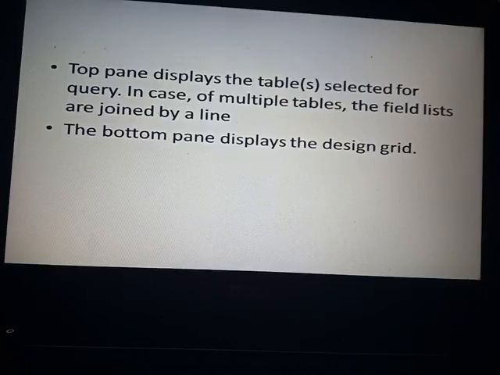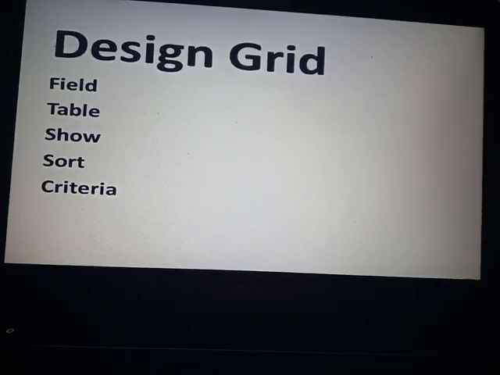So in the design grid you will see a field, meaning a column. What are the columns in your tables? It will show that. In the table row you will see the tables you have selected for the query. In the show row you will get a check mark for the fields you want to show from the table.